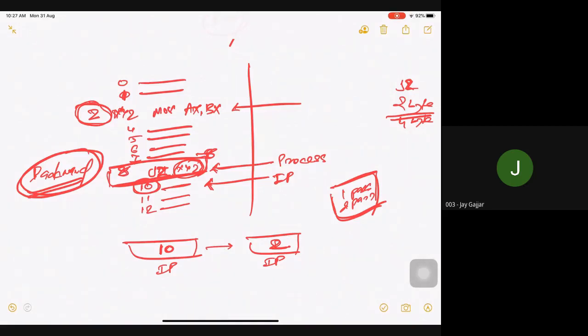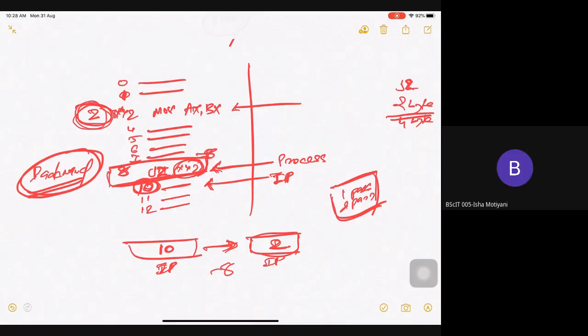As I told you, as your processor already knows that it is a backward jump and a short jump, it occupies 2 bytes for your jump instruction. That's why my next instruction will start at 10, so my IP will be pointing at 10. And we know that if this condition gets true, I need to jump to location number 2. So if my IP is 10, I need to jump to 2. What is the difference between these two? Minus 8.